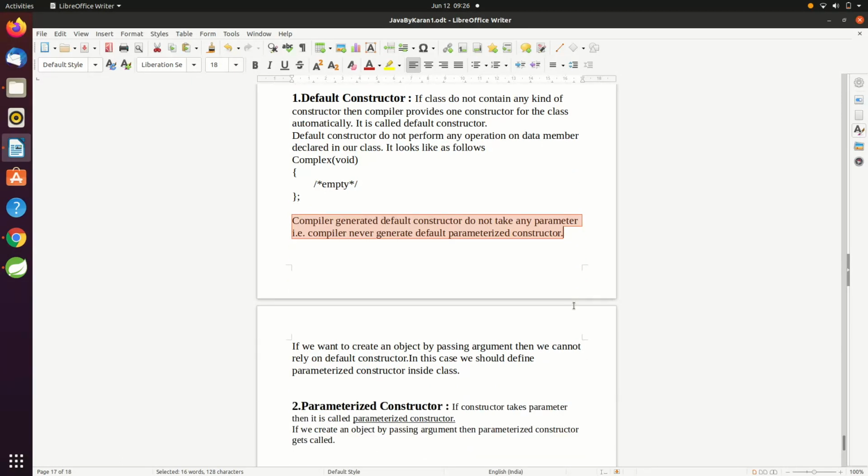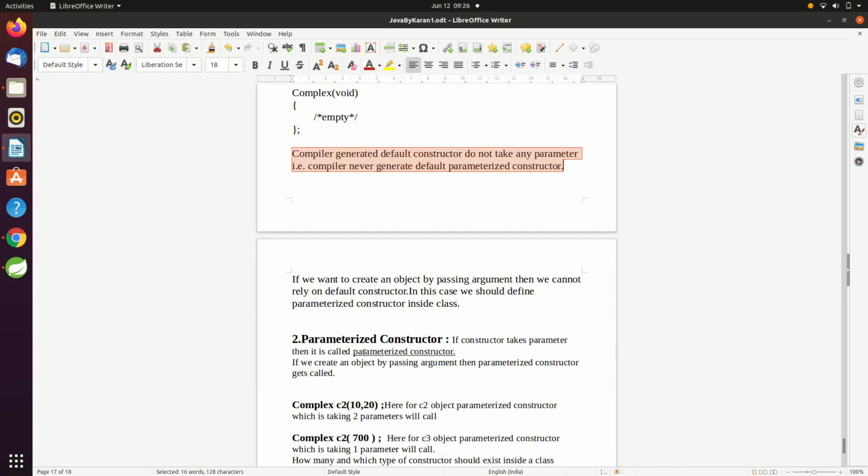Whenever we want to pass an argument, we need a parameterized constructor that will be user defined, and the compiler will not provide a parameterized constructor. If we want to create an object by passing arguments, then we cannot rely on the default constructor. In this case we should define a parameterized constructor inside the class.